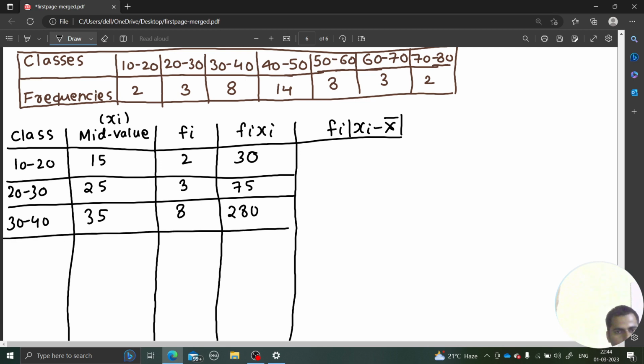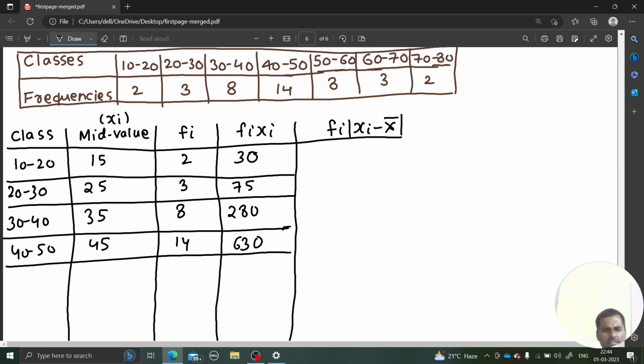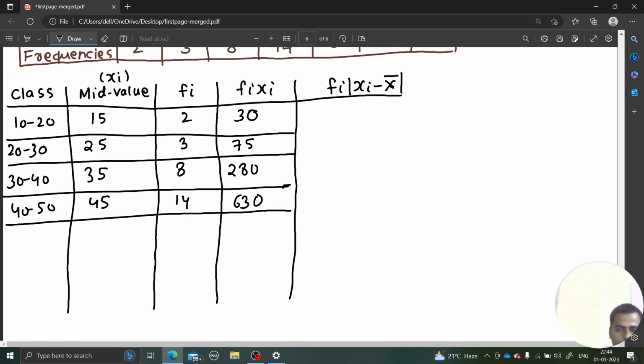So next is 40 to 50. It should be 45, and it is 14. So 45 into 14, 630. I hope calculator is allowed. If not, then you have to spend some time in calculations as well. So 40 to 50,